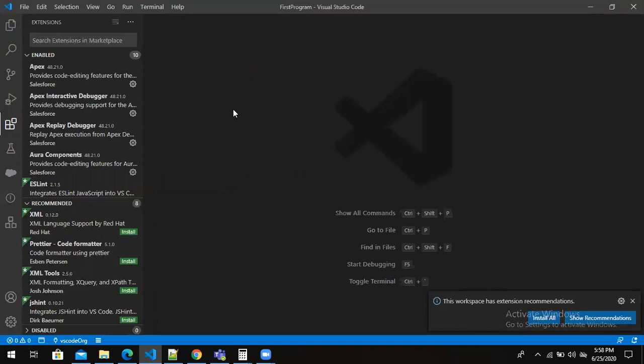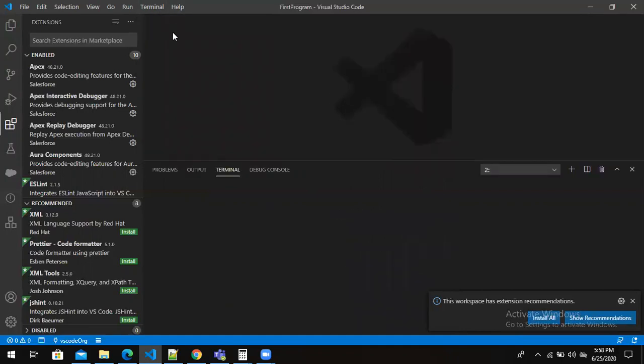To create a project, in Visual Studio Code there are two ways you can write the commands to create lightning components and to migrate from one place to another. The first approach is you can just click terminal, and here in the command prompt you can type the full command sfdx, and whatever command it is. This is one way of writing a command and implementing an LWC component.